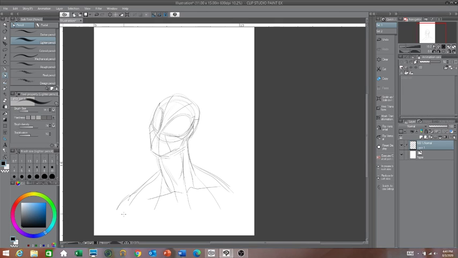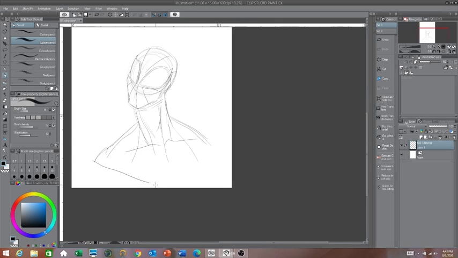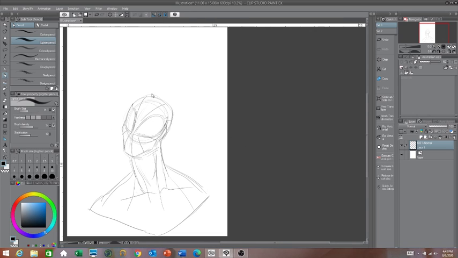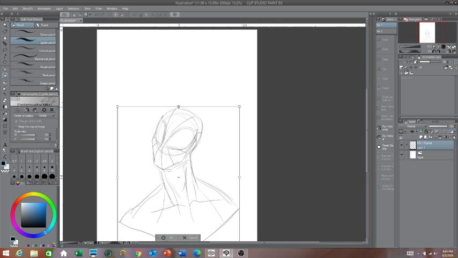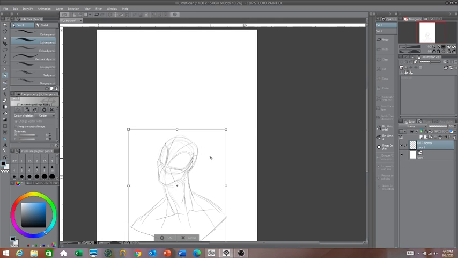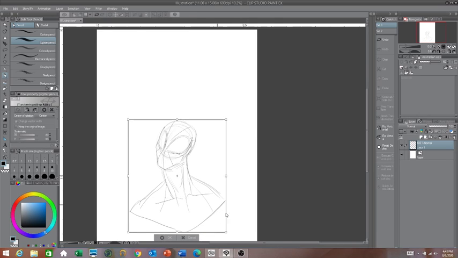Because why just draw one person when you can draw everyone? Still a little big though. Yeah, it's way too big. He will be the focus, but